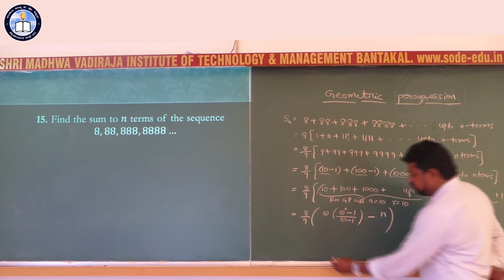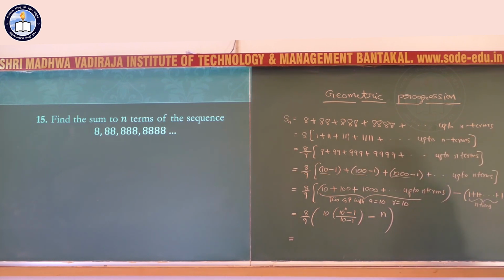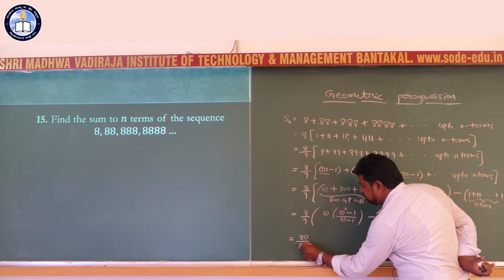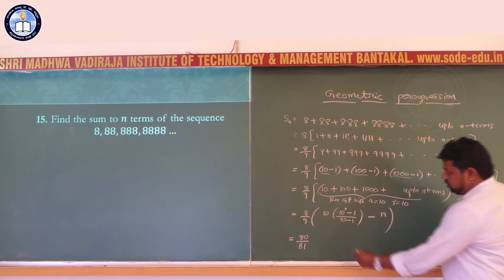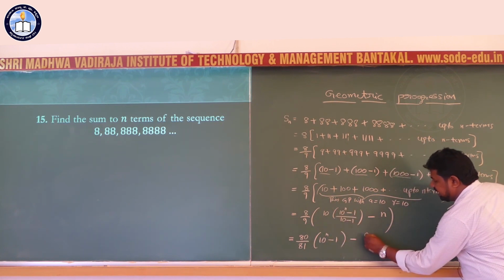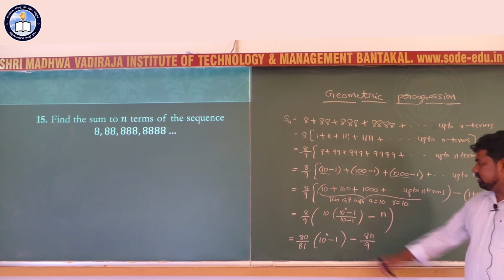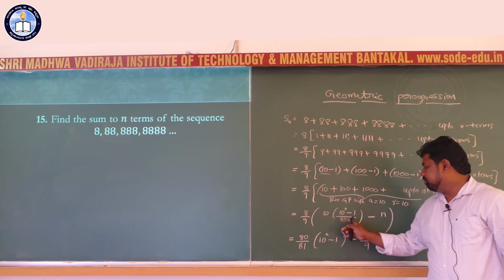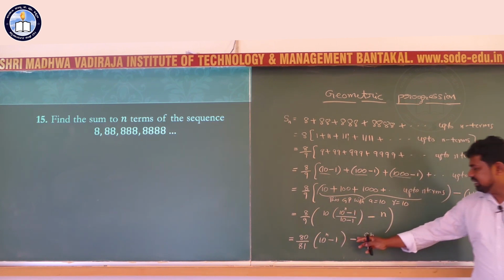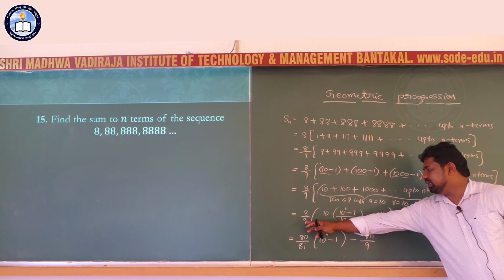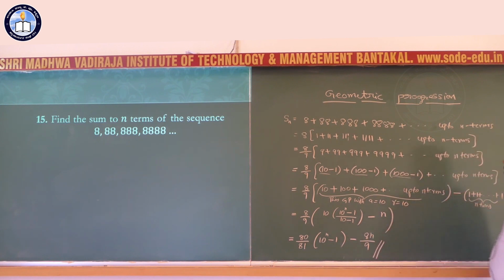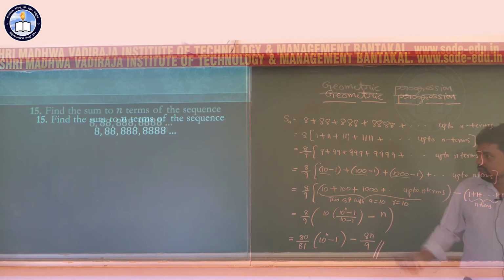That is equal to, I simplify, 80 divided by 81 into 10 power n minus 1 minus 8n by 9. Here 8 into 10 is 80, 9 minus 1 is 9, 9 into 9 is 81, into 10 power n minus 1, minus 8 by 9 into n, that is 8n by 9. That is the sum of first n terms of the sequence. Next problem: